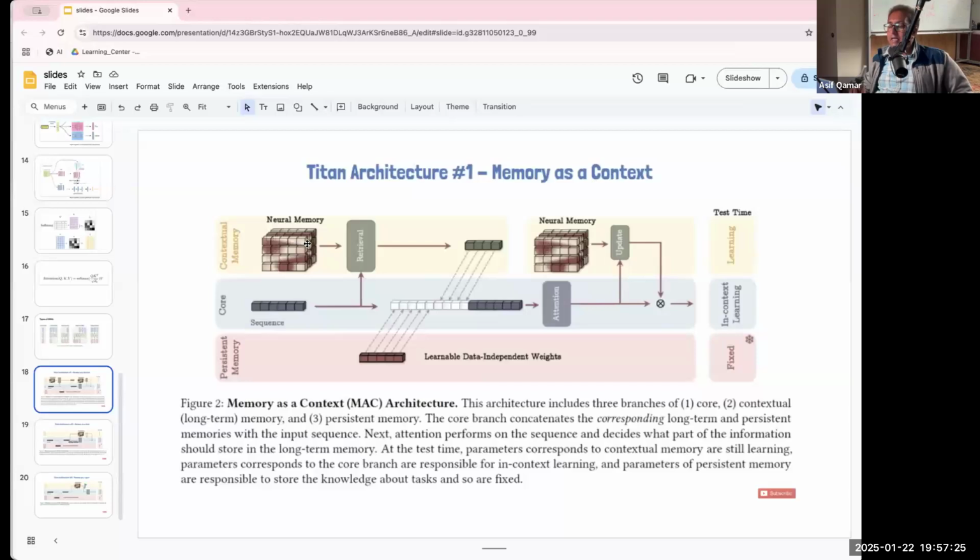I don't know whether they are really mapping this to the human brain or memory. It's kind of an attempt to do that. So what is in the long-term memory, which is called contextual memory? All the information about the past, right? Or you can imagine all the information from a book. You are feeding, let's say, a 500-page book into this architecture. All the 500 pages of information tokens will be crystallized or synthesized into this long-term memory.